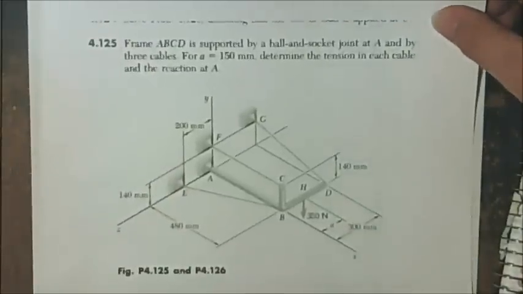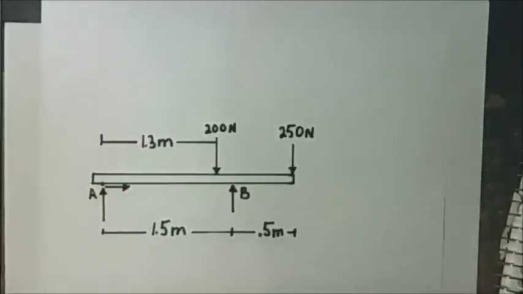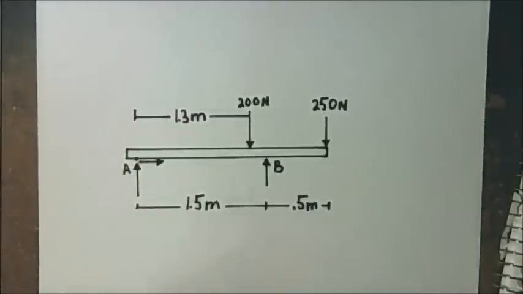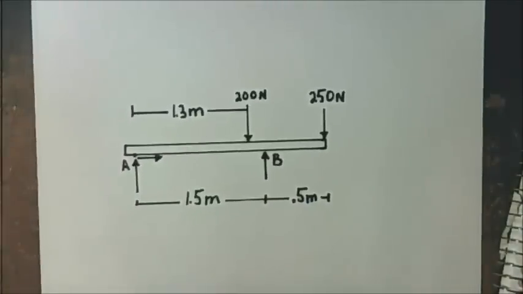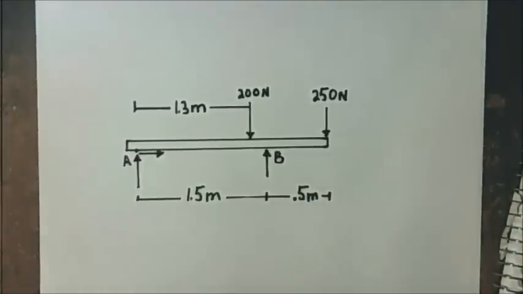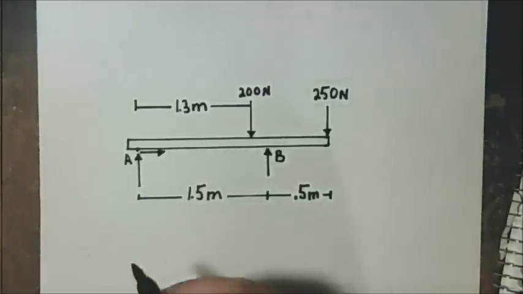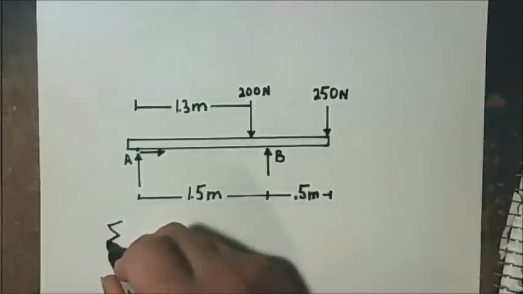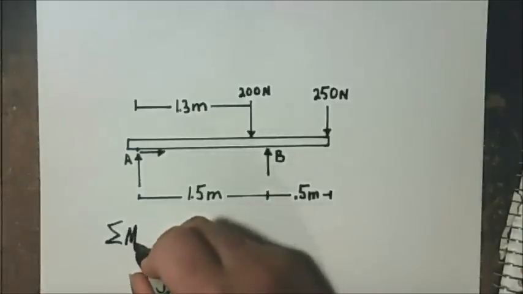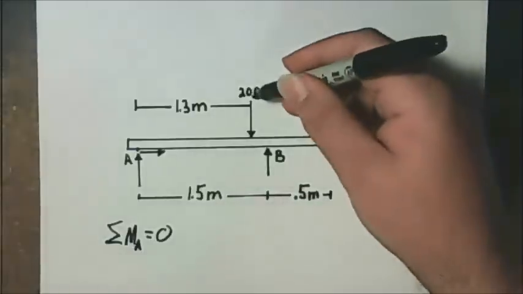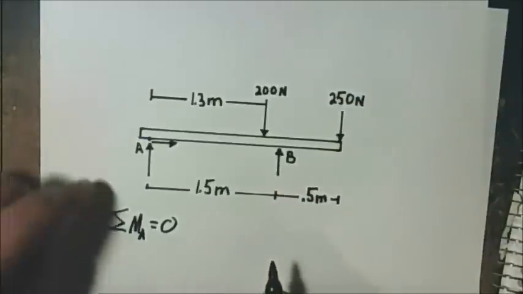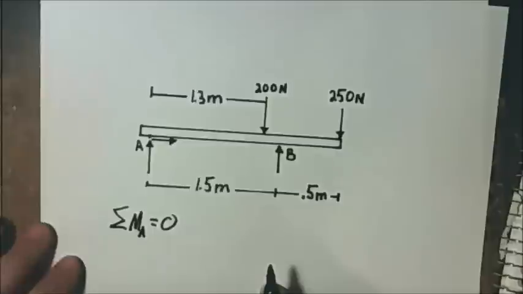So let's start real quick taking a look at a regular 2D problem with a beam, something nice and simple, which we already know how to do. And so to solve this one, we would find the moment about A, and we know that's equal to 0. We have this negative 200 newtons, so if we hold still at the point A,